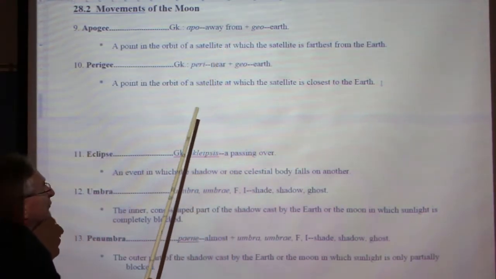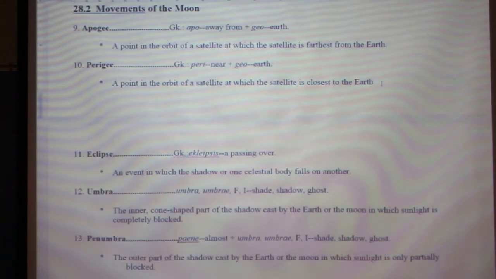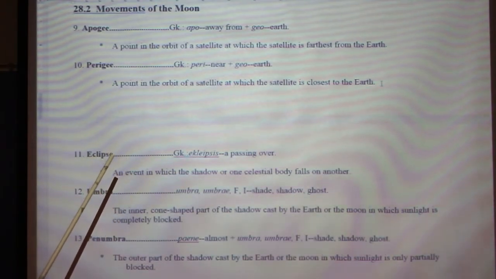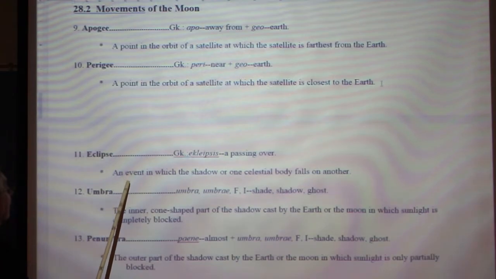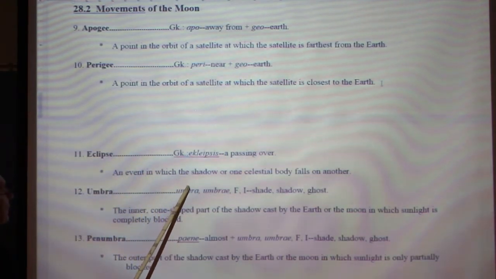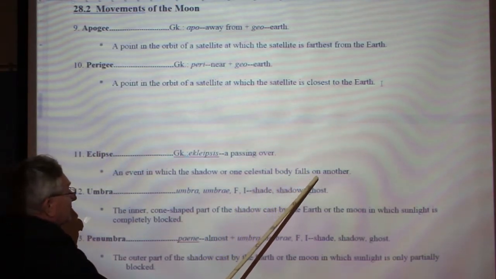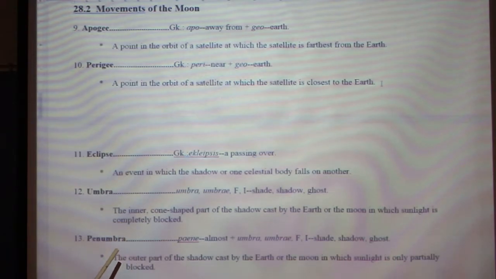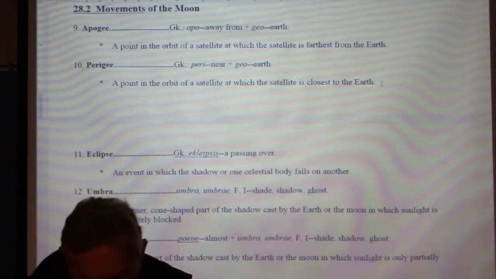Now, those two words are important because they give you the eclipses. So if you look at that first word, word 11, eclipse, Greek eclipsis, a passing over: an event in which the shadow of one celestial object or body falls on another. And I'm going to do a diagram of these a little later on the board. And if you have that diagram, look at the diagram on your next page,